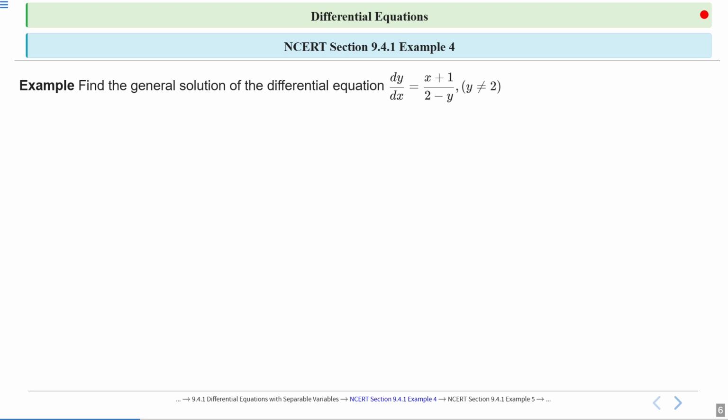And also we can see that on the right hand side there is (x plus 1) by (2 minus y). So we can consider x plus 1 as g(x) and 1 by (2 minus y) as h(y). So this is a product of two functions, g(x) into h(y), where g is a function with only variable x and h(y) is a function with only one variable y. So f(x,y), that is (x plus 1) by (2 minus y), can be written as g(x) into h(y). This is the form of the given differential equation, so we can apply the variable separable method to solve it. Okay, so at first you try.